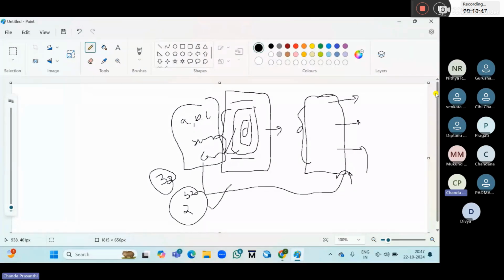Sometimes we don't know whether we covered all the scenarios or not. Verification means we need to cover every scenario and every corner case, from 0 to 2 power 32.